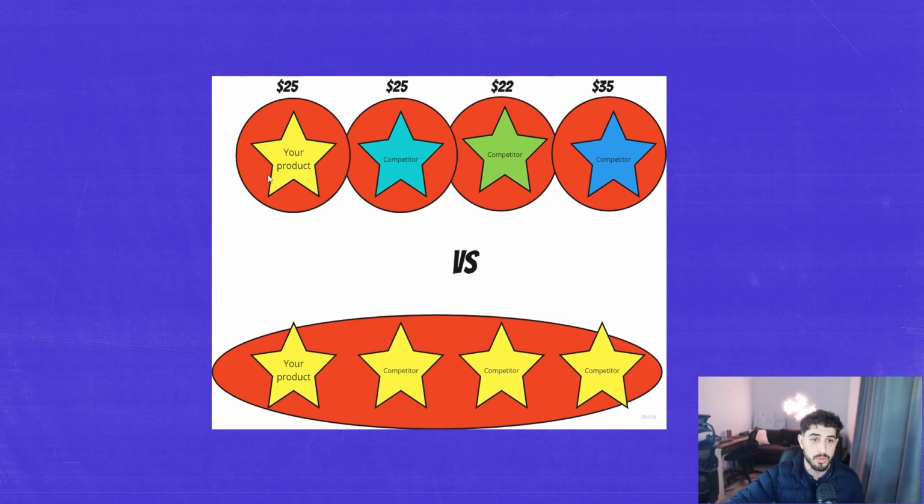So here you've got your product. This is your yellow star. It's priced at $25. You've got your competitor who's similarly priced. You've got someone slightly cheaper who's at $22, and the premium product, which is at $35. But if you notice this red in the background, that's your supply. You all have your own unique suppliers because you're all your own unique product. Yes, you might be a competitor. It might be the overall same, but each of these products are going to have their own little communities, their own little fan bases, their own group of people who prefer them for whatever reason.